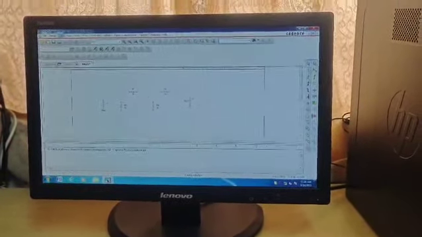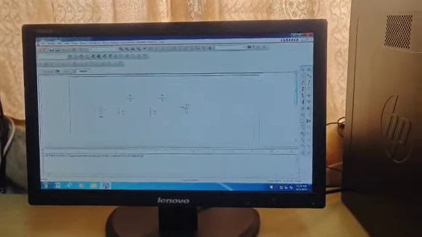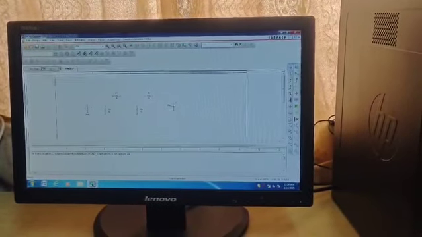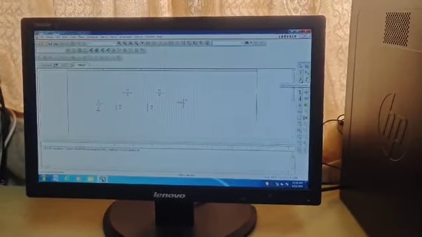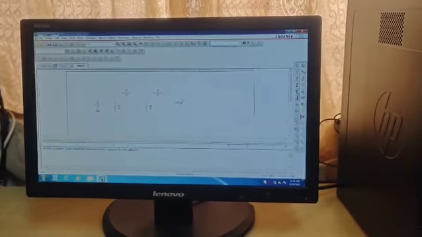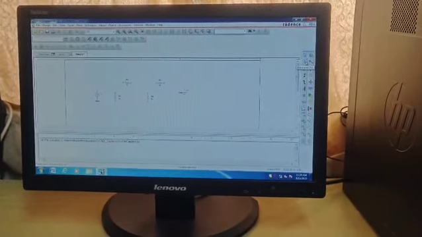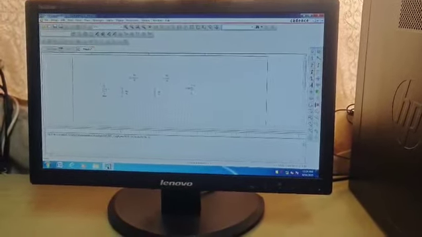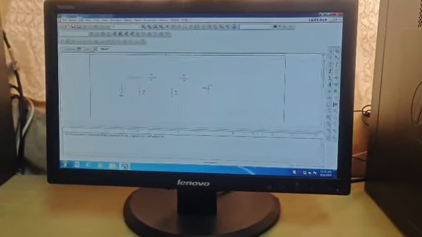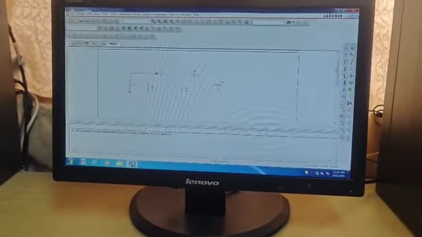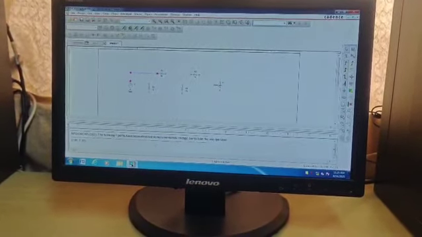Now we have to join the circuit. On the right hand side, you have a toolbox where there are shortcuts for some of the tools. For example, this is the wire, this one is the auto connection of 2 points, and there is one for ground. So I am taking the place wire component. You have to start from the component's edge, like drawing a line, and if it comes near another component, leave the click, it will get connected.